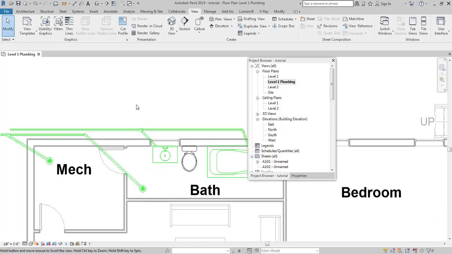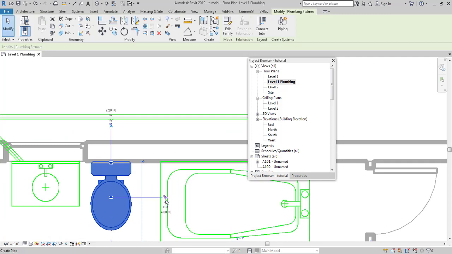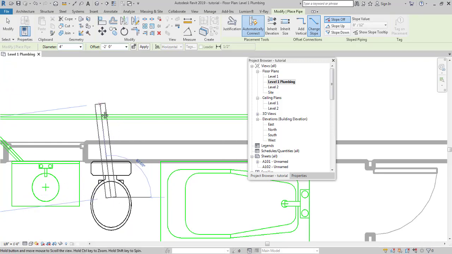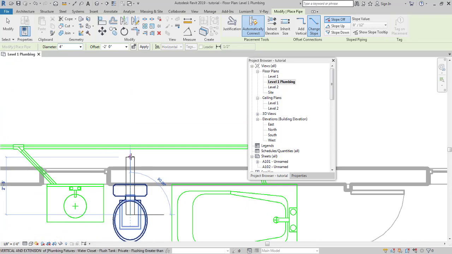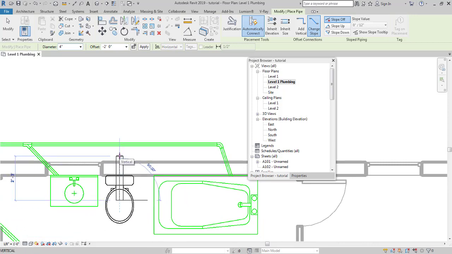Now that we have laid out our drain pipes, I would like to work on the water closet over here. The water closet will have a 4-inch pipe connection, so just click on it. I like to give it a minus 2 feet offset, because if I give it a minus 1 feet 6 inch offset, it will collide with this pipe over here. We don't want clashes. I'll get to coordination and clash detection, and how to do coordination in Revit, in a later part of this video. So now that we have given it a minus 2 feet offset, just click it over here and drag it out.